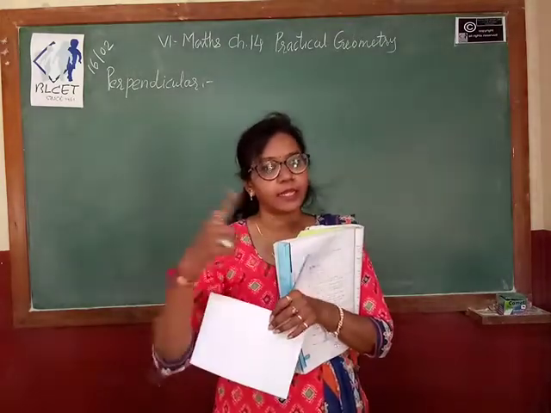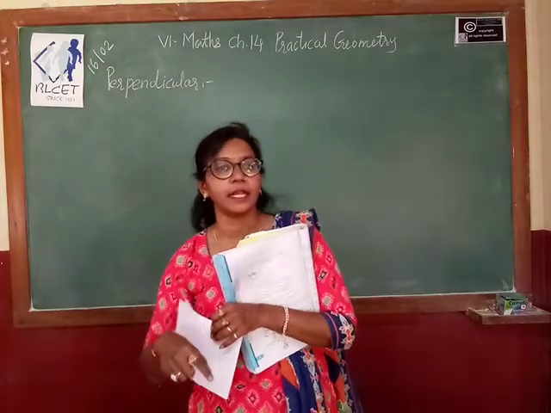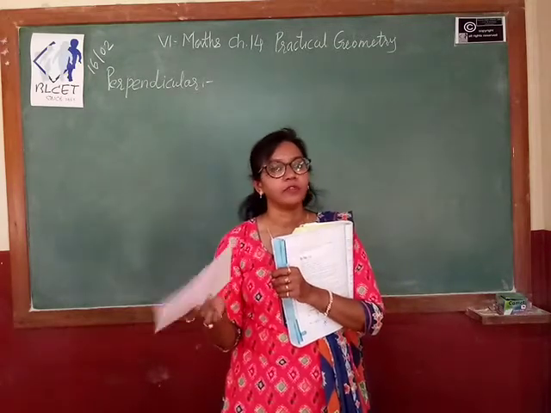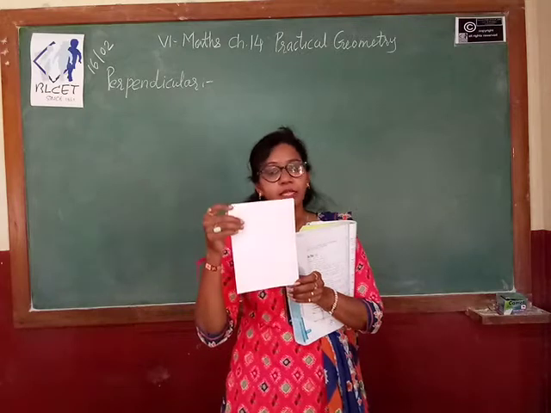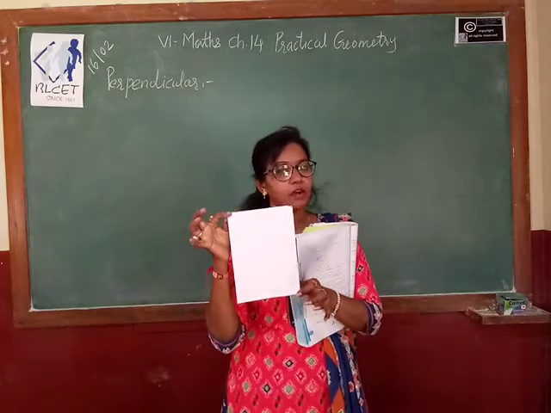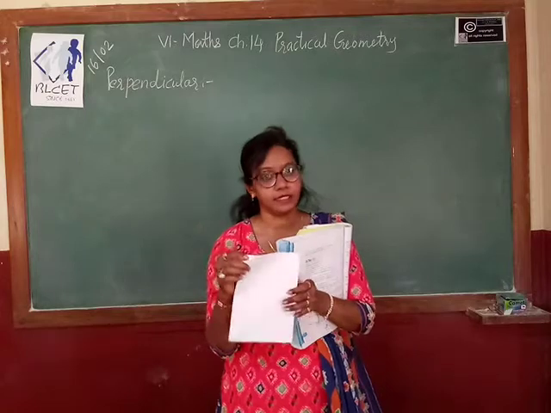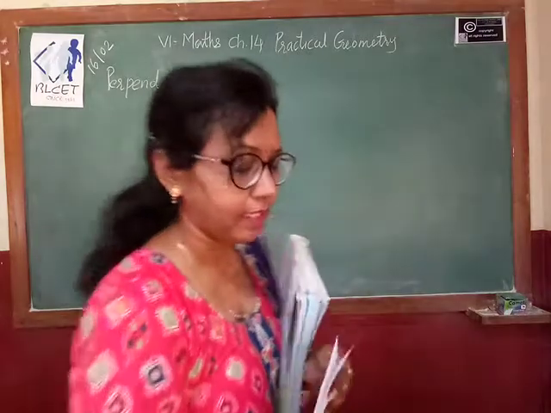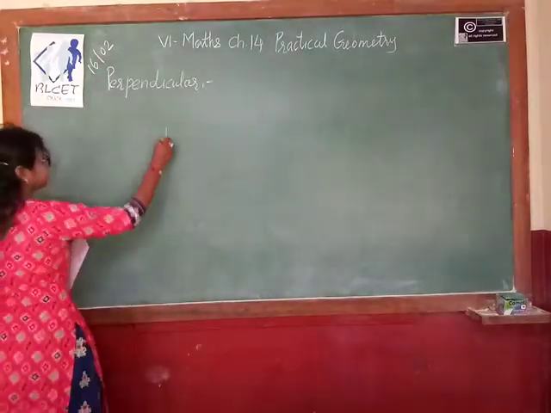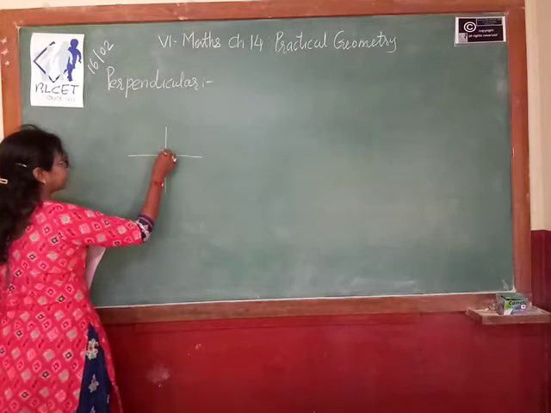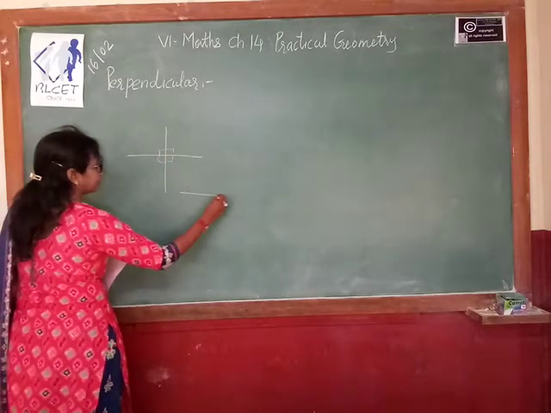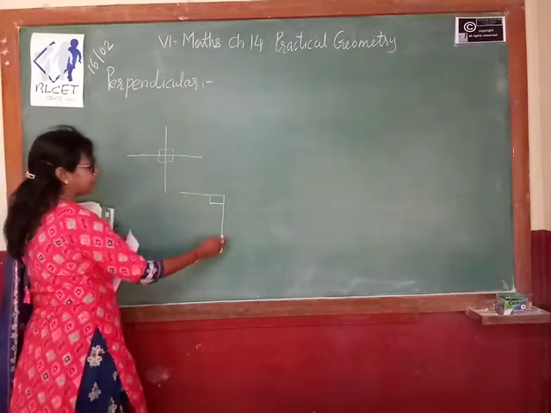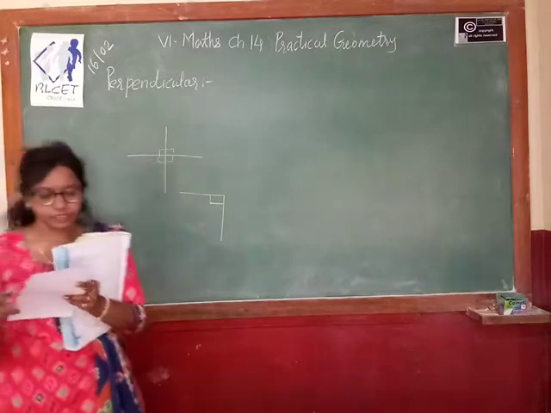We know that in a rectangle or in a square all the interior angles are right angles. Same way, if you take any page, maybe it's a foolscap, square paper, whatever, if you consider the corners, the measure of the angle at the corner is always 90 degree, because they are intersecting lines. If you make a plus sign, this is 90 degree, this is 90 degree. The corner of the foolscap is your 90 degree, meaning this line and this line both are perpendicular to each other. Okay.